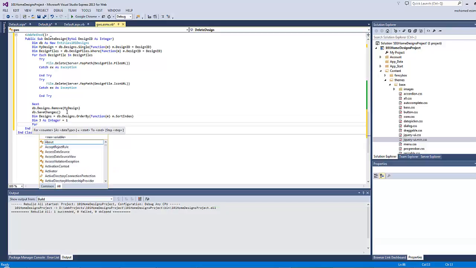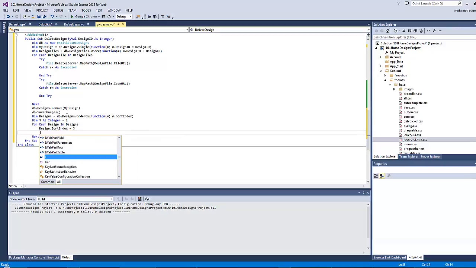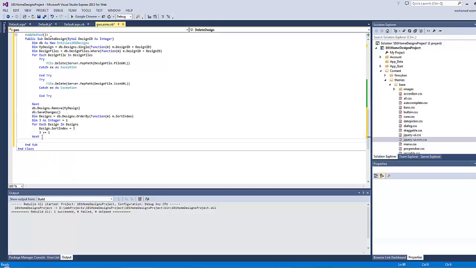Now for each design in designs, do the following. design.sortIndex equals j, j plus equal 1, then db.SaveChanges. Okay, now